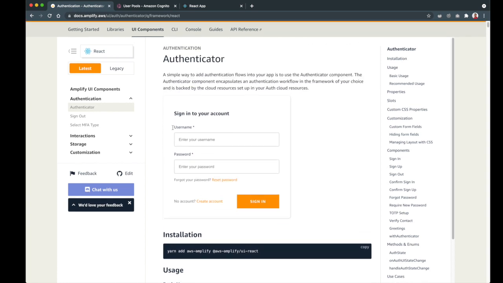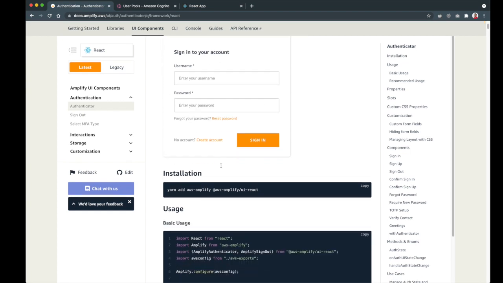So this authenticator has a lot of screens already created for us, like sign up, sign in, forgot password, and all of that. So what we just have to do is install the dependency AWS Amplify UI React and also AWS Amplify, which we haven't yet installed. So let's go ahead and copy this,